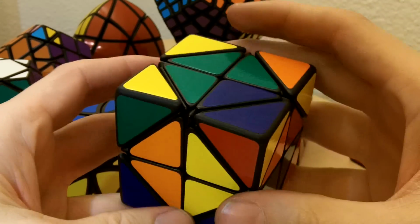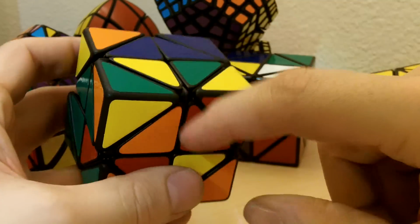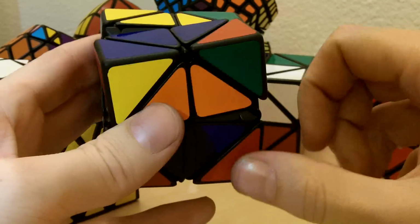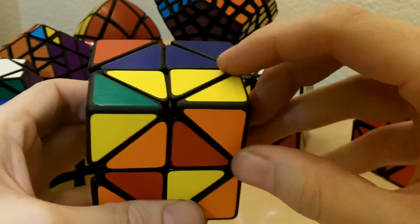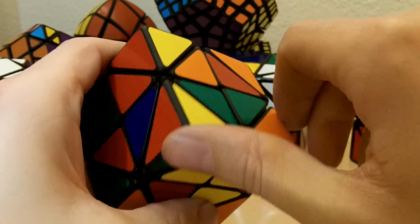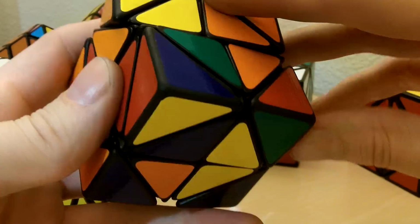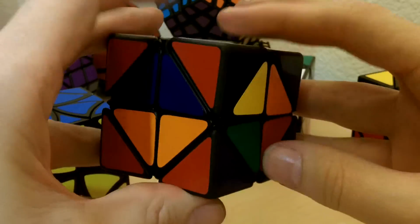Now I'm going to do the remaining corners at this point. Set corners in place, wrong orientation. That corner's in place, correct orientation. Okay, so I have 3 corners in the wrong orientation here. I seem to remember that if I do something like that, there we go. Okay, now